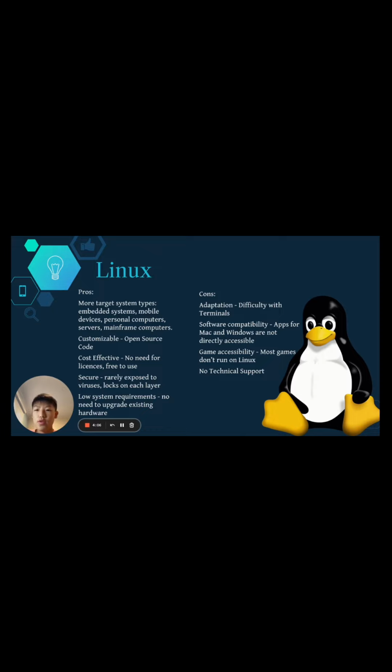So another benefit to using Linux systems like Ubuntu is its cost effectiveness, because there's no need to have a license, and it's free to use for anyone and everyone. Its security is another advantage to using Linux. And although Chrome OS does have slightly better security than Linux operating systems typically do, it's still up there as one of the most secure operating systems out there.